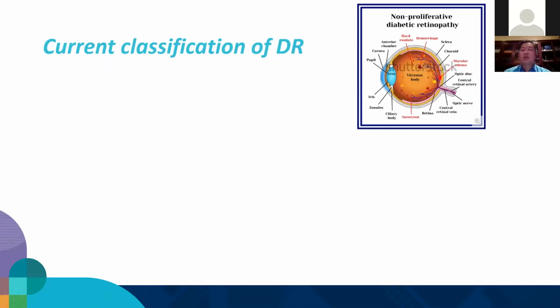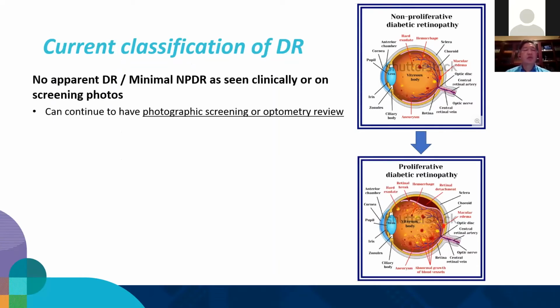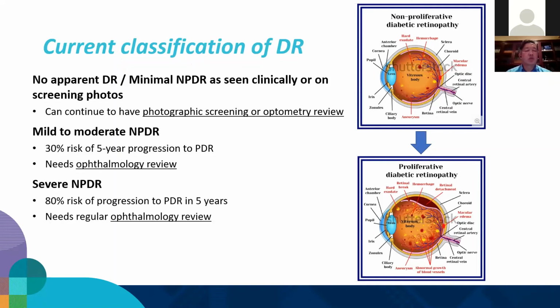And the reason why is that you want to stop these patients going from the non-proliferative to the proliferative stage of diabetic retinopathy. So if it's nil or minimal, you can have an optometric review, or if you've got your own retinal camera, please use that. If you have mild to moderate diabetic retinopathy, I think it's best reviewed by your local ophthalmologist, because as soon as they can see changes, that things are getting worse, or they develop any diabetic maculopathy, then they can start treatment straight away. And obviously, the more severe it is, the more likely they are to progress to the proliferative stage.